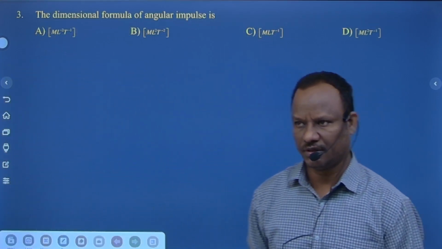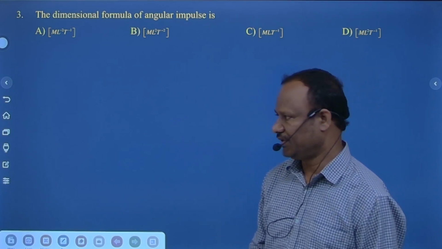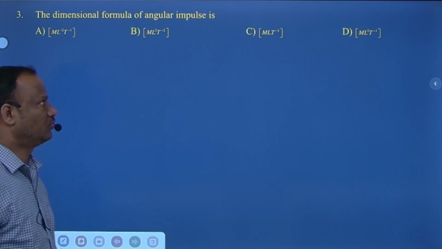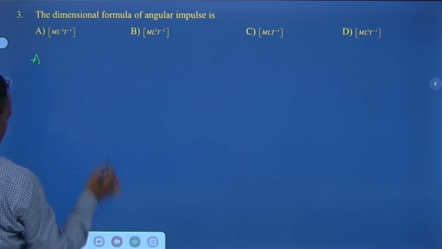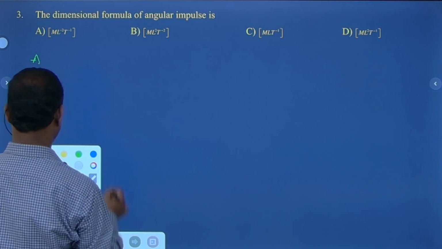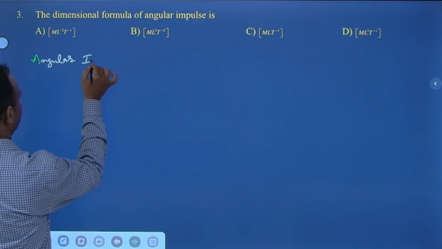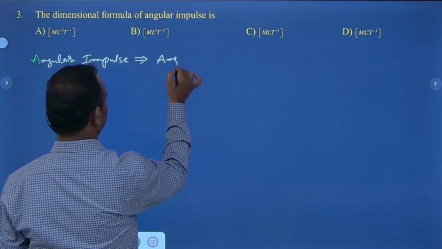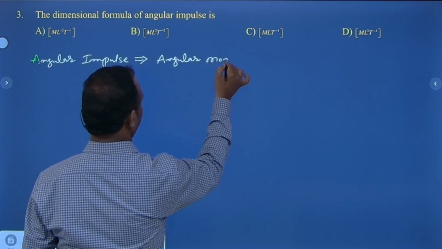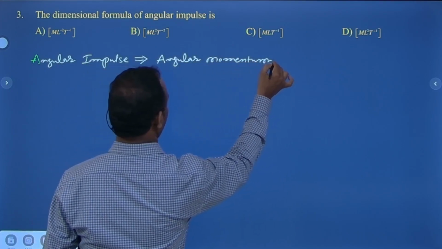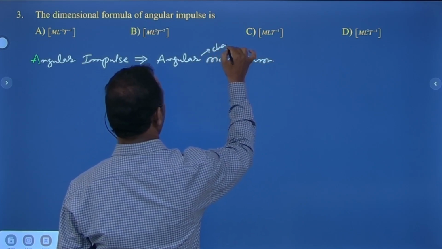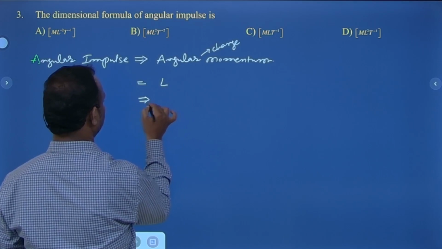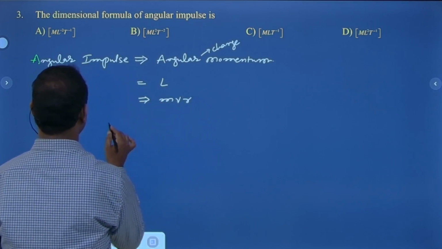First one, linearly if you are talking about impulse, impulse is F into T. F into T is change in momentum. So linear impulse produces linear momentum. Now angular impulse produces angular momentum. Angular change in momentum means what? L, and this is MVR. So angular impulse